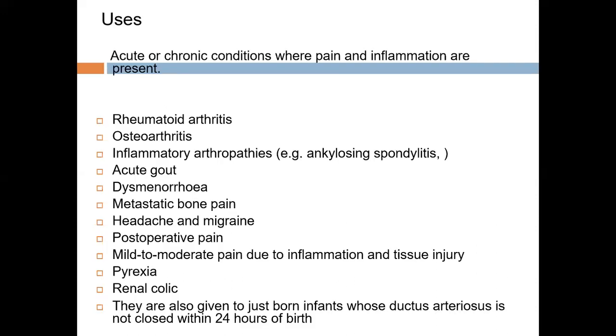So the uses of this drug is that they are used in rheumatoid arthritis, osteoarthritis, inflammatory arthropathies like ankylosing spondylitis, acute gout, dysmenorrhea, metastatic bone pain, headache, and migraine, postoperative pain, mild to moderate pain due to inflammation and tissue injuries, pyrexia, and renal colic. They are also given to just born infants who have a problem with ductus arteriosus, which does not close within